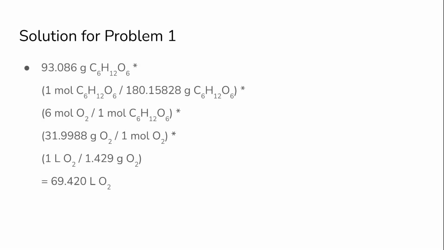So here's the solution for problem 1. You take your 93.086 grams of glucose and use molar mass to convert it from grams of glucose to moles of glucose. Then you use the molar ratio to convert from moles of glucose to moles of oxygen. Next, you use the molar mass again to convert from moles of oxygen to grams of oxygen. And finally, you use the density to convert from grams of oxygen to liters of oxygen, giving you exactly